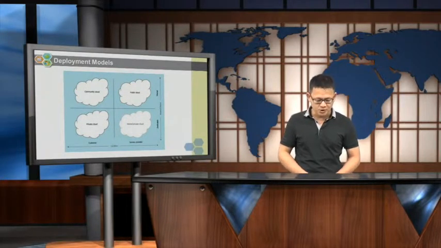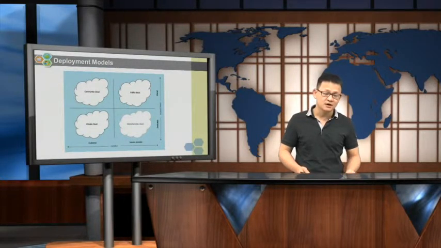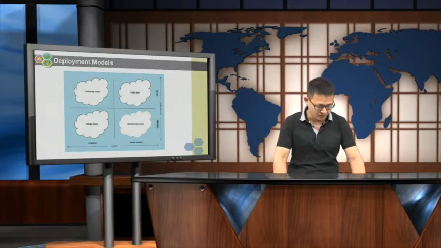So of course you can see that, for example, for the private cloud, the location is based on the customer location and is dedicated. For the public cloud, it's some kind of shared resource, and often the location is on the service provider. So this is a figure to show you the difference between the deployment models of different kinds of cloud.